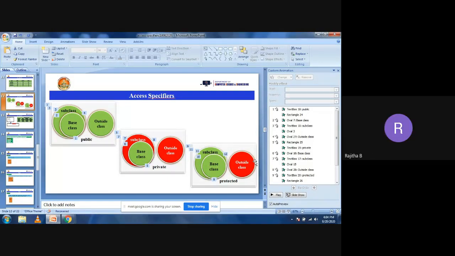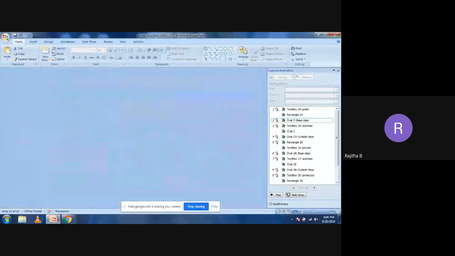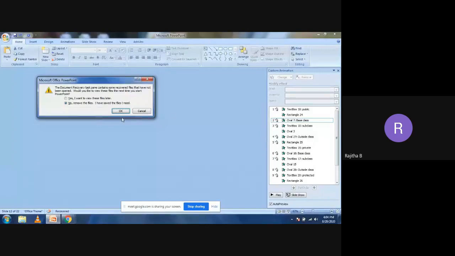So this is about the public, private, and protected access specifiers with simple programming. I'm explaining only a simple program, not a complicated one, because you need to understand what public, private, and protected members are first. Then we'll go to the big programs. Okay. Now I want to give some assignment here.